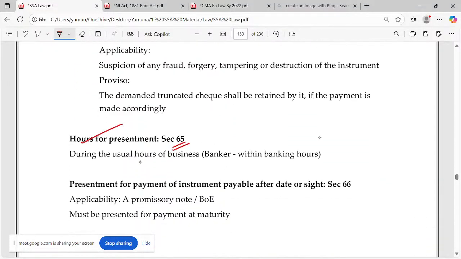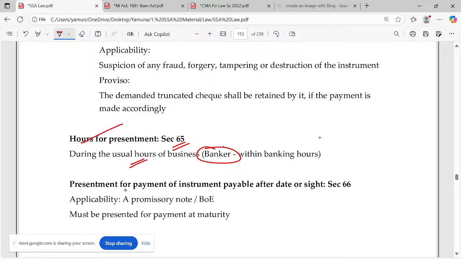Usually hours of presentment என்கிறது business hours. Usually banksல என்ன பண்ணுவாங்கன்னா 1 o'clock குள்ள நீங்க செக்கை present பண்ணீங்கன்னா it will be processed that day itself. 1 o'clock or 2 o'clock depends on bank to bank. 1 o'clock மேல present பண்ணீங்கன்னா அந்த செக் கிளியரிங் அடுத்த நாள் தான் பண்ணுவாங்க. Okay, so immediately you will not get the transaction. அதே மாதிரி Sundays வந்துச்சுன்னா you will not get it immediately.